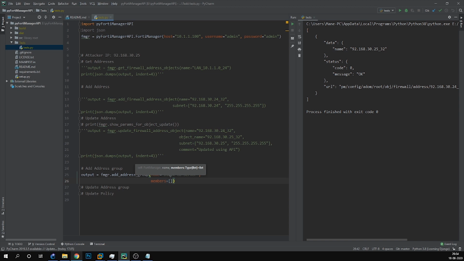So what we'll do is we'll try to add the LAN object, and with this we'll try to update with our attacker's object. So the update method will also be included in the explanation. So let's do it. We directly need to pass the object name. So now an address group will be created, and a member will be there in this address group.